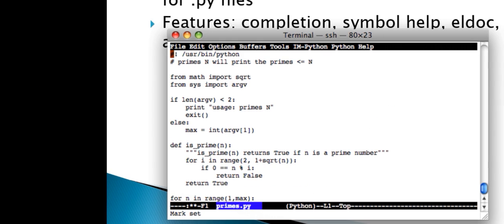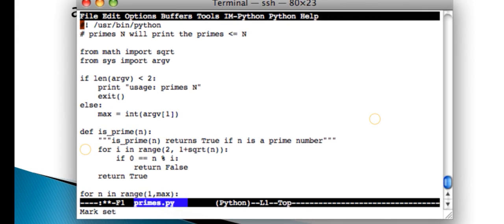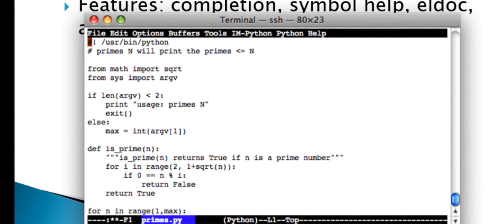So you can easily watch on my screen. Suppose here usr is a folder, then bin folder, then python folder. Here the hashtag is a comment line, a single comment line. Hash is used in Python for comment lines, like: primes n will print the primes less than or equal to n.